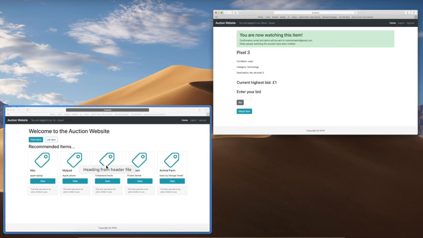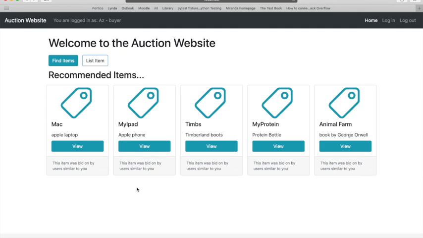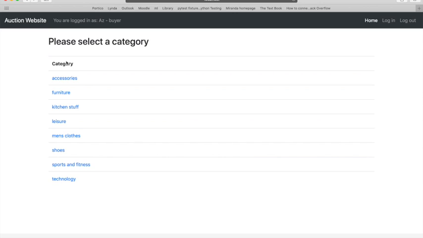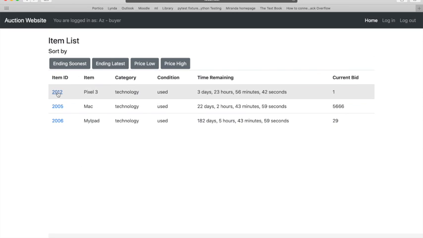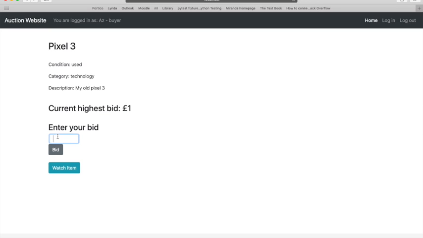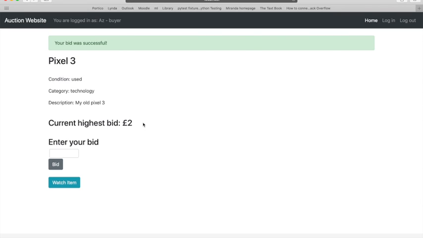Now let's go to Asa, a different user, and he'll bid on the same item, and then we can show that our user Steve has been outbid. Please also note that if Asa had a bid below the £1 here, say 50 pence, it would say your bid is too small and give a notification at the top of the page. There's our email for Ross,